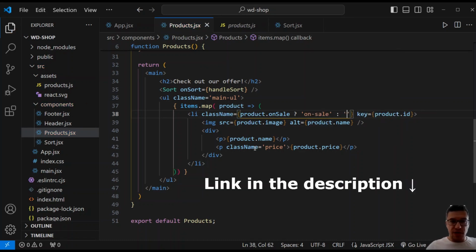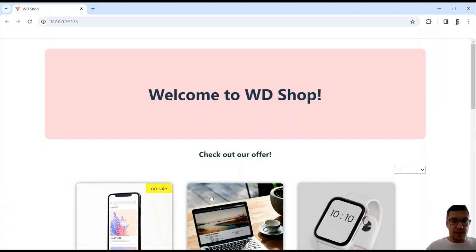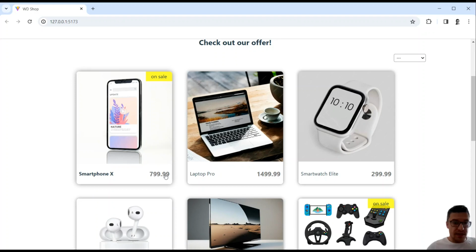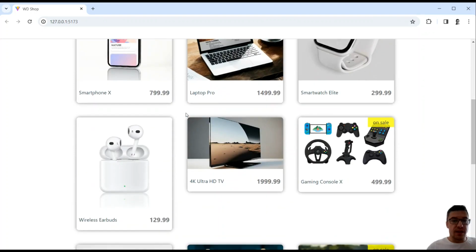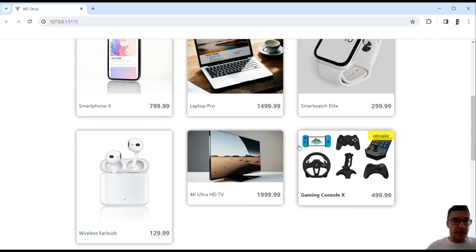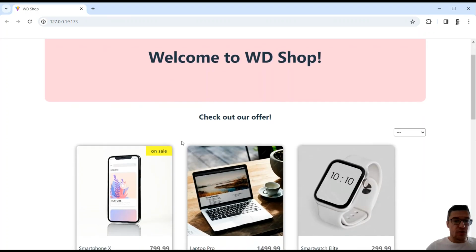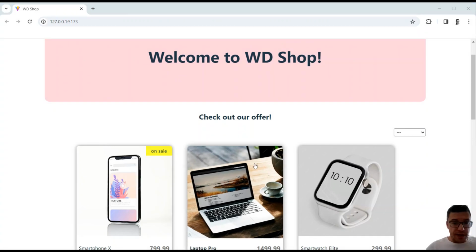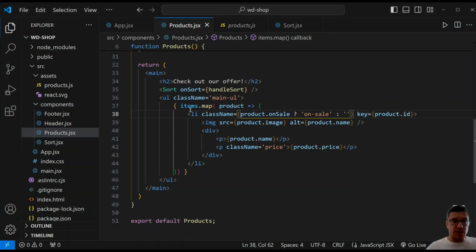Let's save the changes and see what we have done. If we have a look, our price has a different styling, and I have an on sale label on some items here that are on sale. This is added through after pseudo elements on each li. As I said, I will provide index.css once I'm finished with this project. Okay, that's good. Now let's start working on the product details